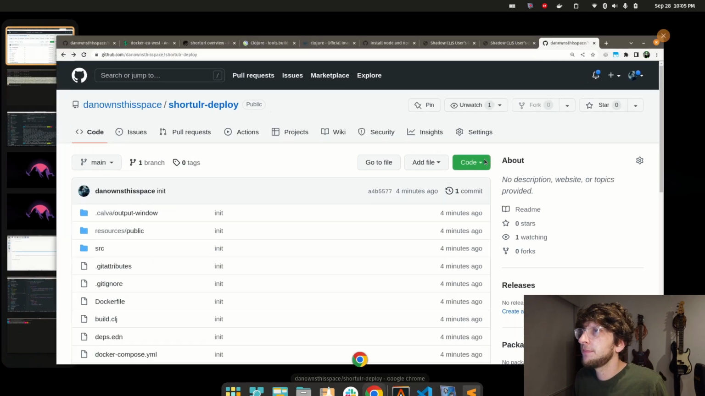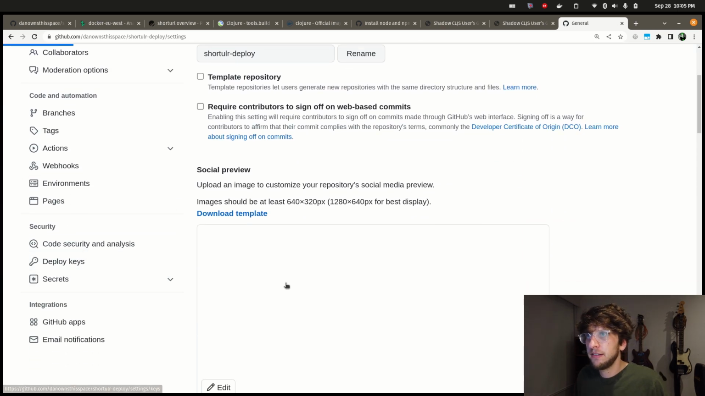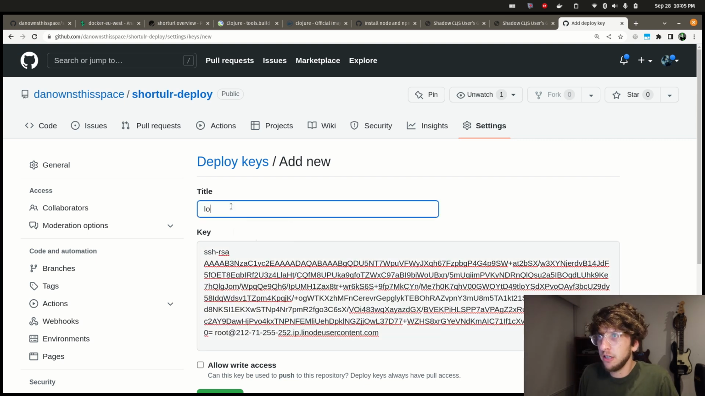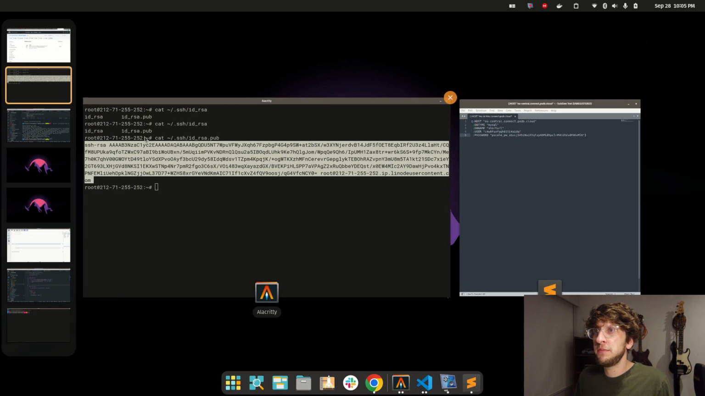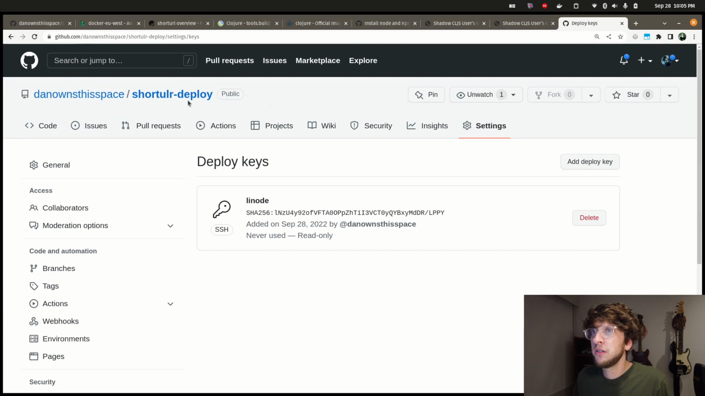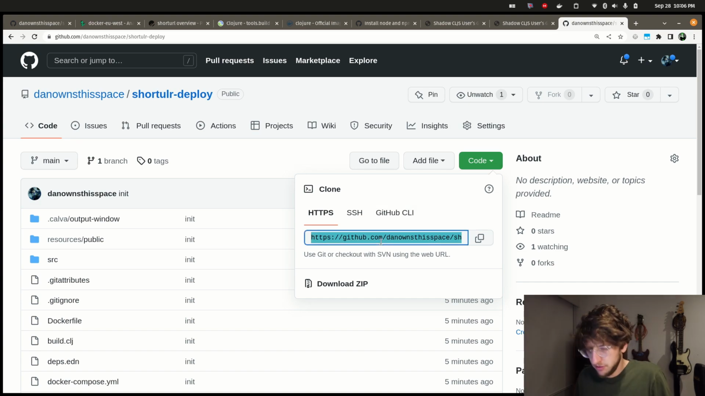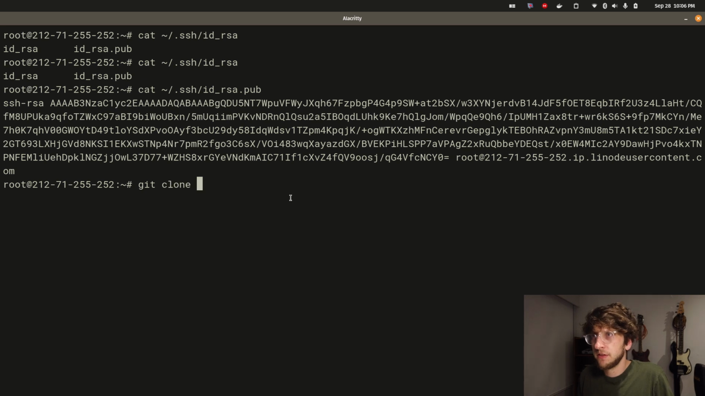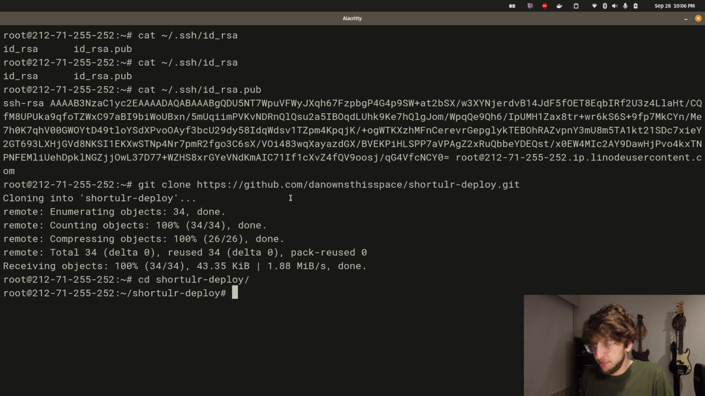Then we can go back to our repo, go to settings, and if we go to deploy keys, you can add a deploy key here, paste this in here and give it the title of Linode and add key. Sweet. So now we should be able to clone this repo. Well, it's a public repo, but if this were private, that's what you would do. So let's just git clone. Sweet, and now we should be able to cd into short URL deploy,